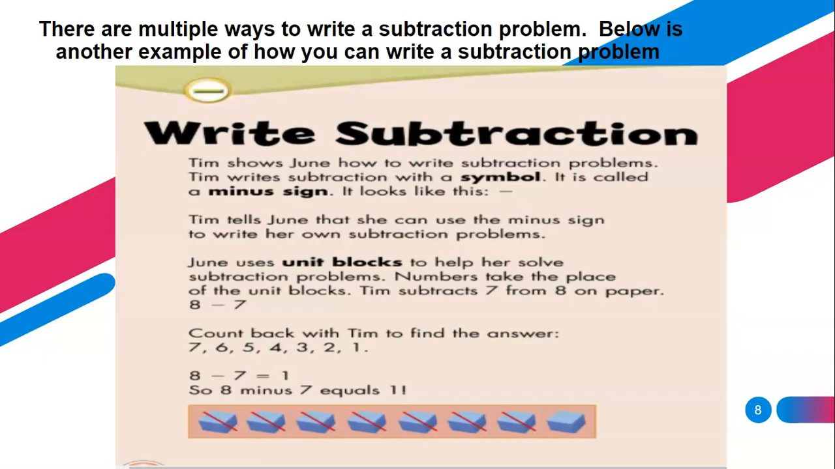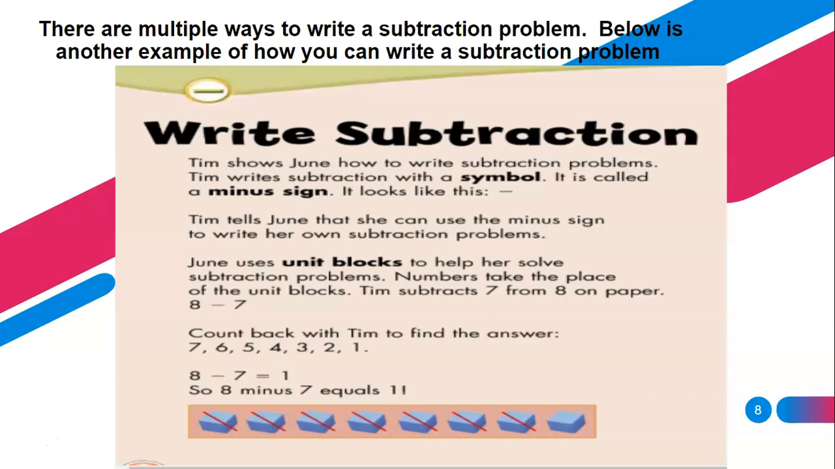And she can. June uses unit blocks to help her solve subtraction problems. Numbers took the place of the unit blocks. Tim subtracts 7 from 8 on paper. 8 minus 7. Count back with Tim to find the answer. 8 minus 7. So we're going to start at 8 and we're going to count backwards